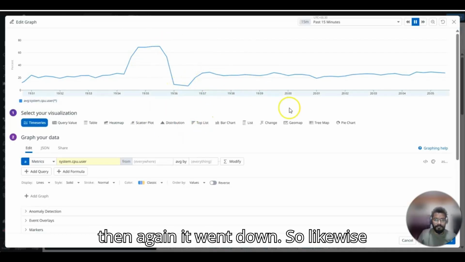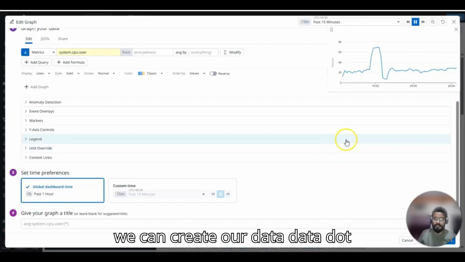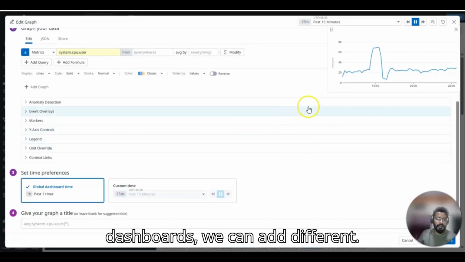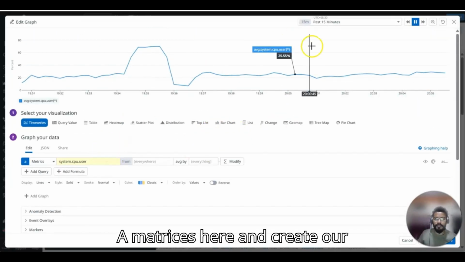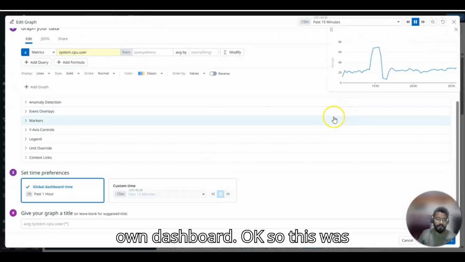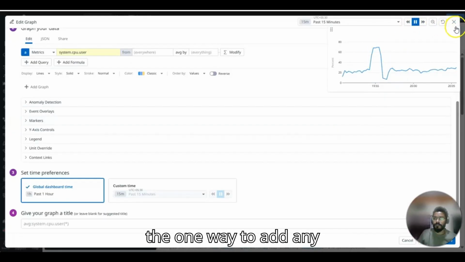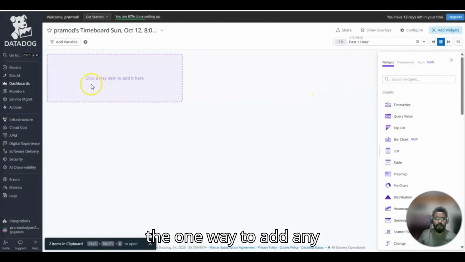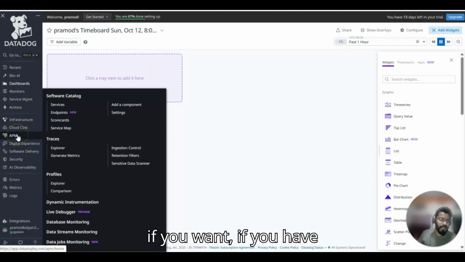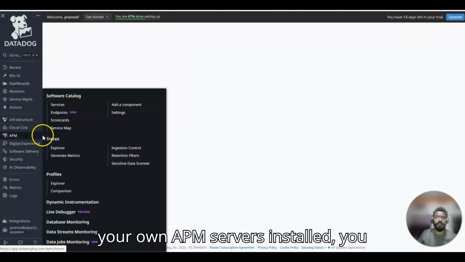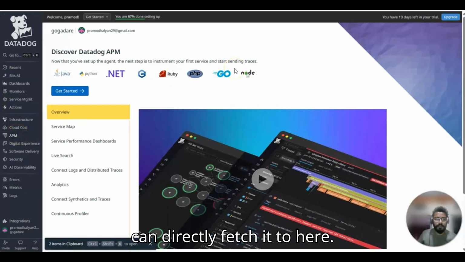So likewise we can create our Datadog dashboards. We can add different metrics here and create our own dashboard. This was one way to add a widget from the right-hand side. If you have your own APM servers installed, you can directly fetch them here,